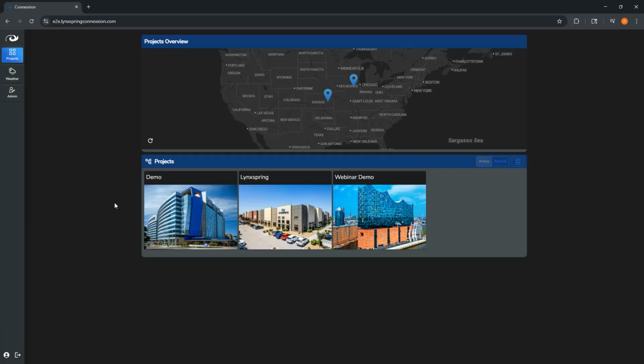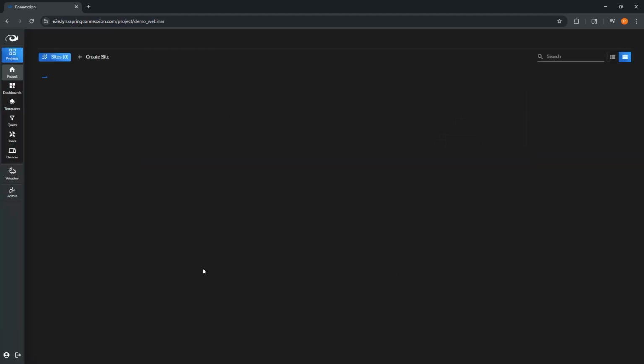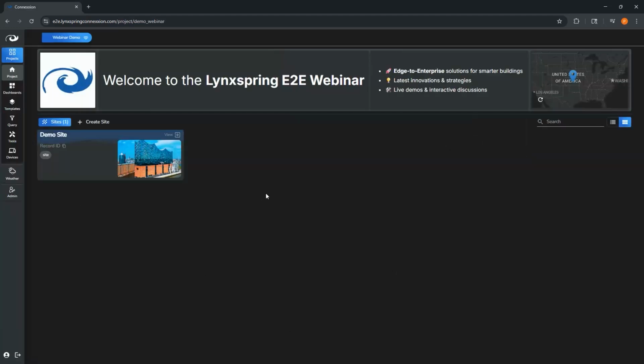Now, obviously, Niagara is our wheelhouse, being Lynxspring, and we have our Niagara connectors that make it easy for you, but we do have the ability to integrate with other systems as well. So that's kind of where that file manager comes into play if you were stuck behind that firewall and you needed to get that data out. And I think that really kind of covers the 50,000 level of what this looks like.